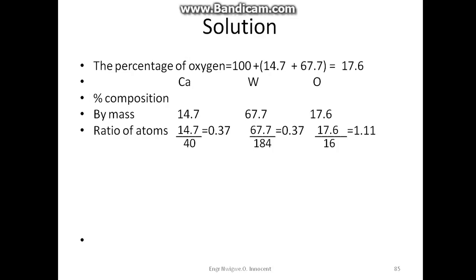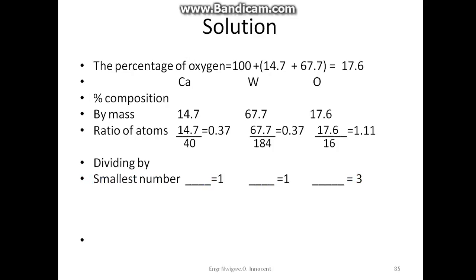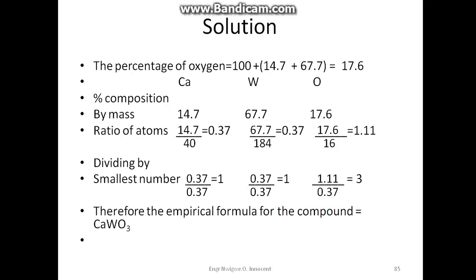Now the smallest answer there is 0.37. Then divide by the smallest answer, which is now 0.37 divided by 0.37, which will give us 1 for calcium. 0.37 over 0.37 gives us 1 for W, and 1.11 over 0.37 will give us 3 for oxygen. Therefore, the empirical formula for the compound, we now have